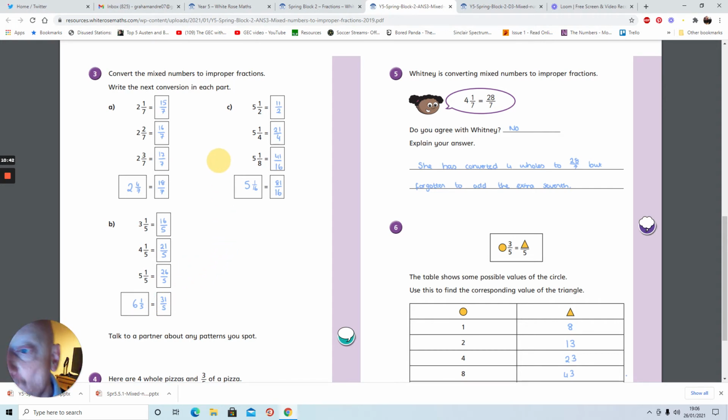Right. Looking at this one, I'm thinking, crumbs, this is a challenge, because we've got different denominators each time. We've got the same whole number, but we've got different denominators. So what we could do is go, right, we know this is halves, so we're going to put a 2 there. We know this is going to be quarters, so we're going to put a 4 there. We know this is going to be 8, so we're going to put